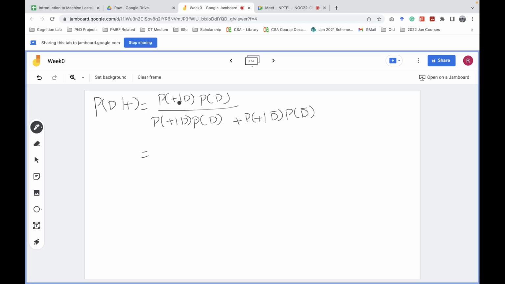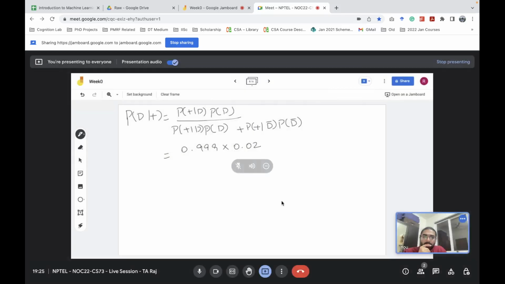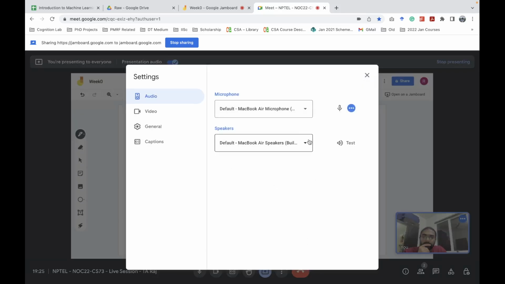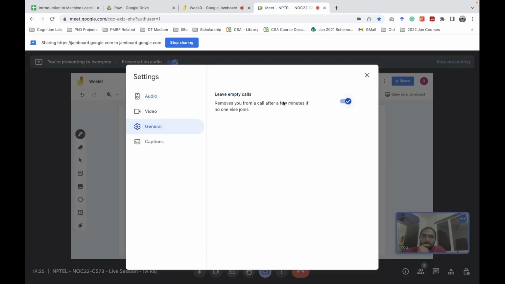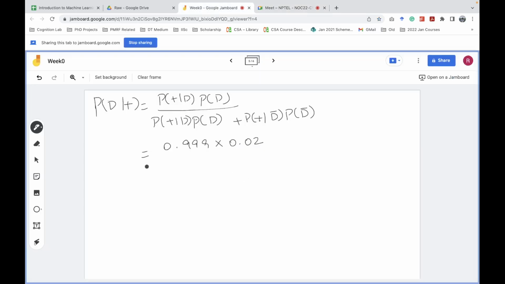Now what's probability of plus given D? We know this, 0.999 into 0.02, divided by 0.999 into 0.02 plus,